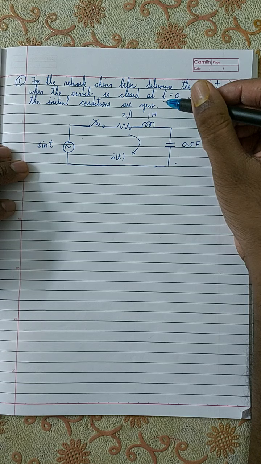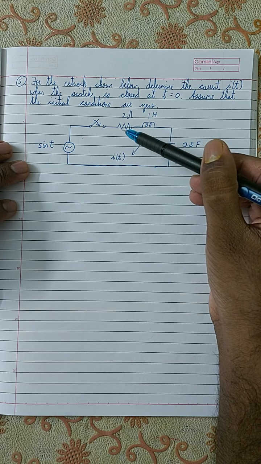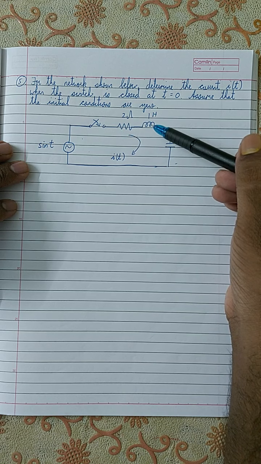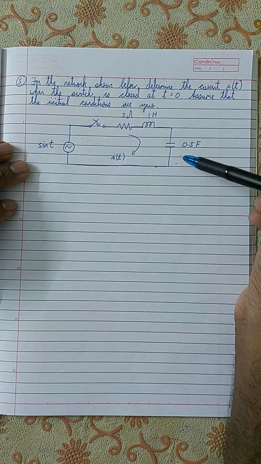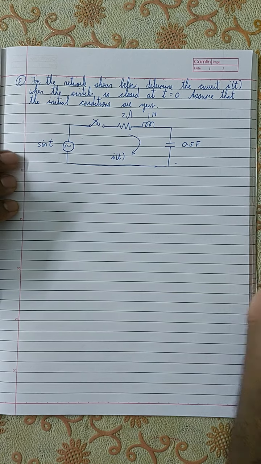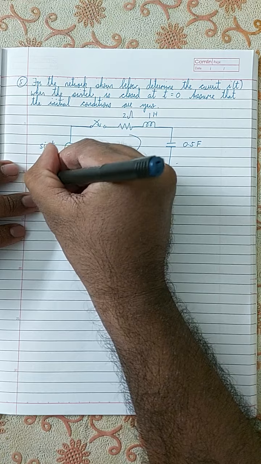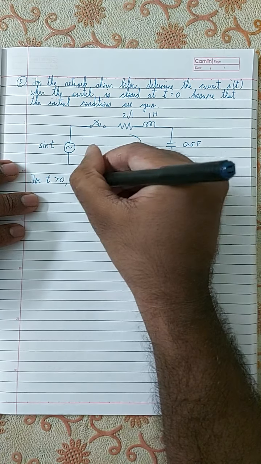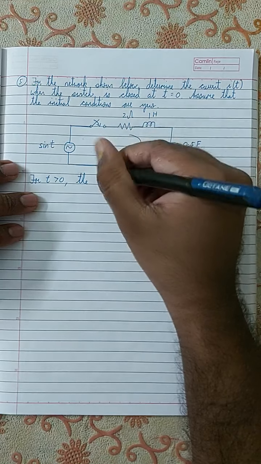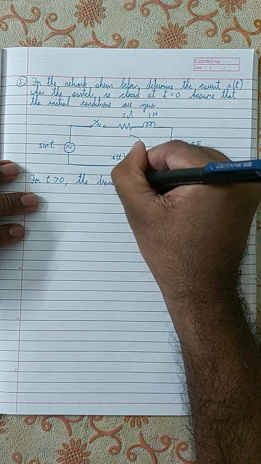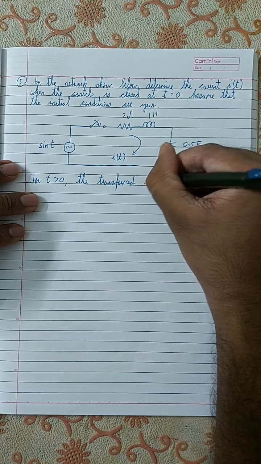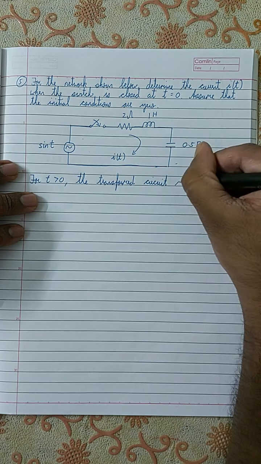So there is no need of considering the steady state condition of the circuit. All you have to do is simply apply the Laplace transform to the circuit and then find the answer. We all know that the Laplace transform of a resistor is the resistor itself, the Laplace transform of an inductor is Ls, and the Laplace transform of a capacitor is 1 by Cs, right? So therefore, for t greater than 0, the transformed circuit is